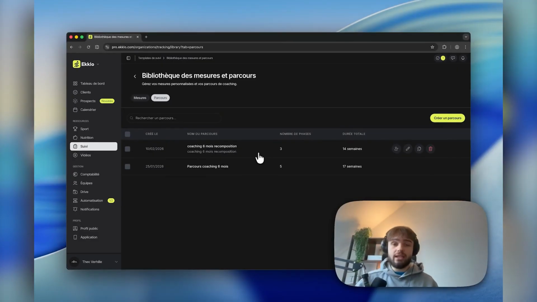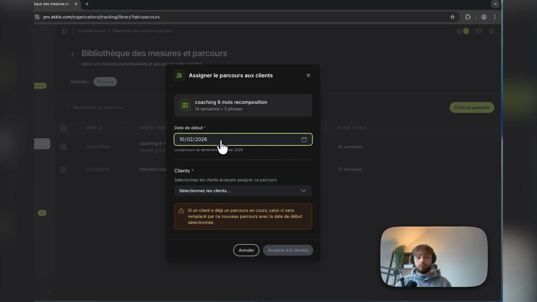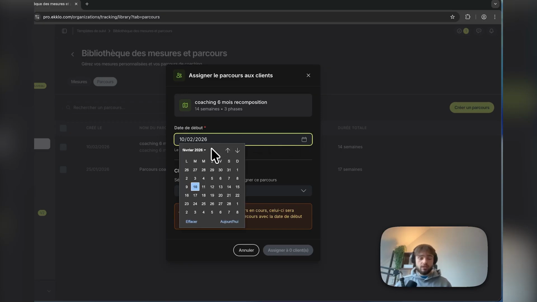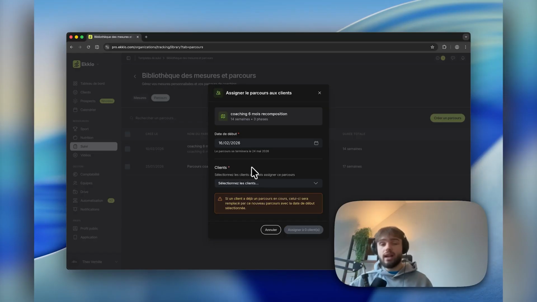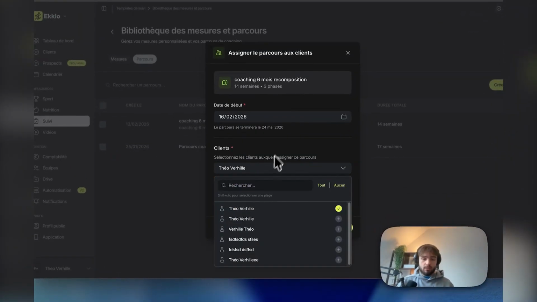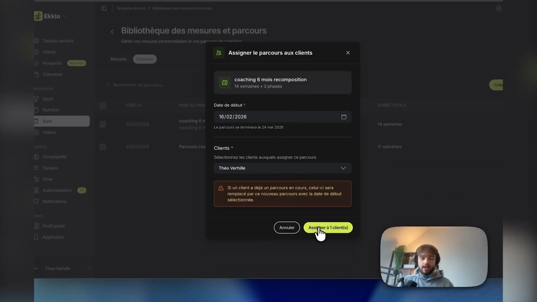Now, how do we go about adding it to a client? We're going to click on the little person icon on the right. We'll choose a start date. For example, the start date will be February 16th. And finally, we'll assign this coaching journey to 1 or more clients. So, for example, I'll select the profile of Theo Verrill, just like that, and I can assign it to a